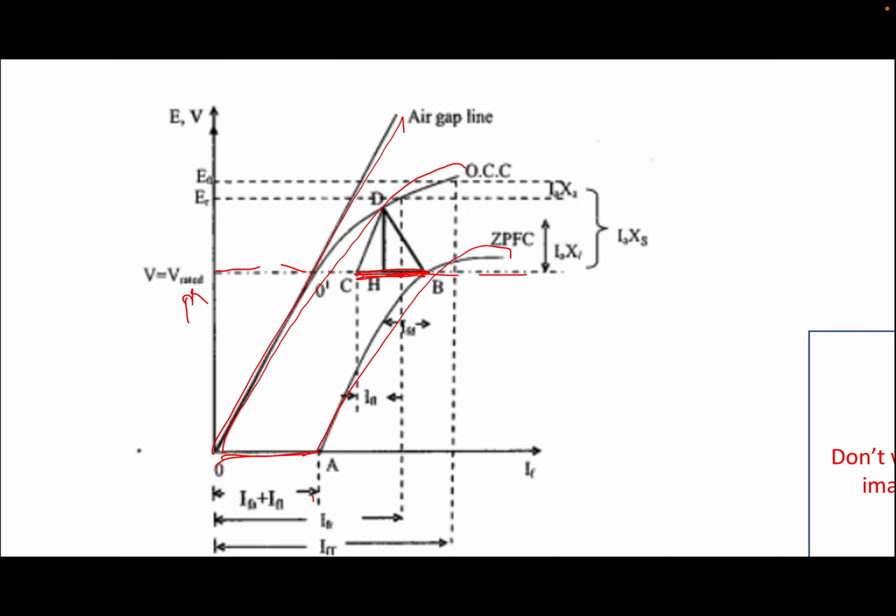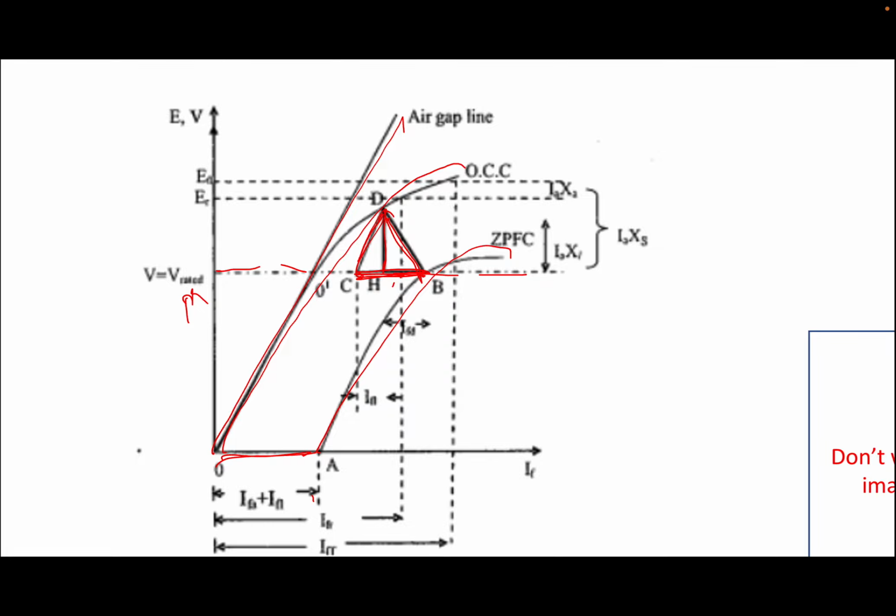From C, draw a line parallel to the air gap line. From the intersection point, draw these two lines here. This length DH is the IAXL drop, this one BH is IFA, and this CH is IFL. Many times they ask about these parameters: which base corresponds to IFA, IFL and the IAXL drop. Once we get this, use this IAXL drop, and using the formula with V phase cos phi, the EMF method,